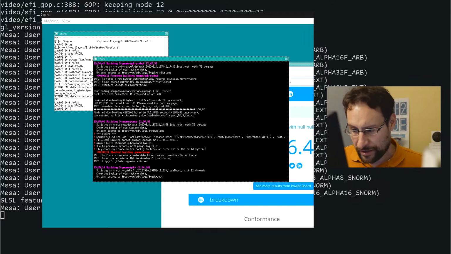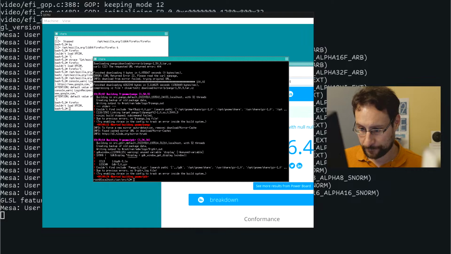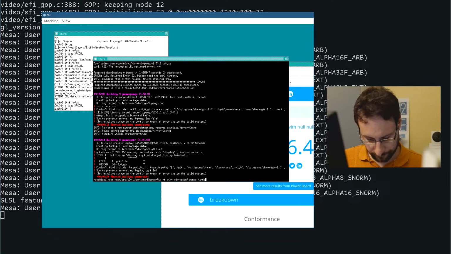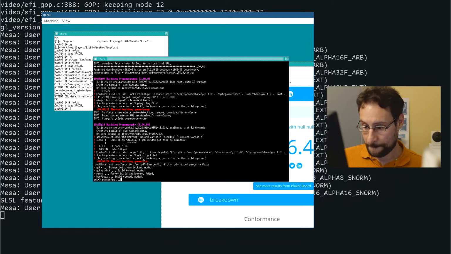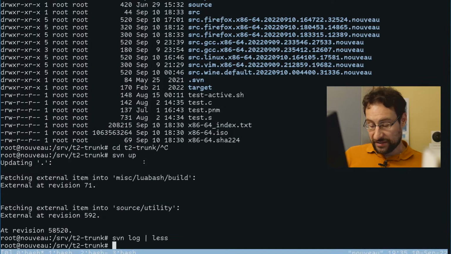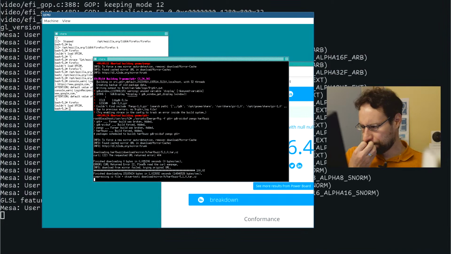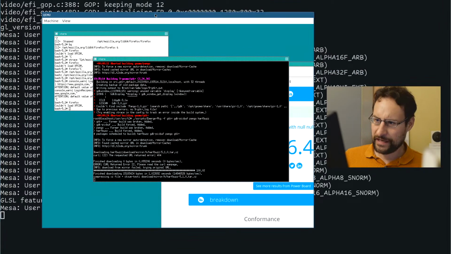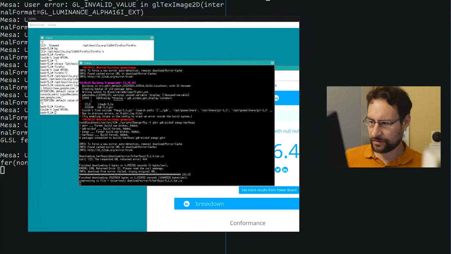What is this Pango? Probably Cairo or HarfBuzz. Of course it needs HarfBuzz. So what else did we want to do? Yeah, theoretically, let's maybe start a second QEMU.